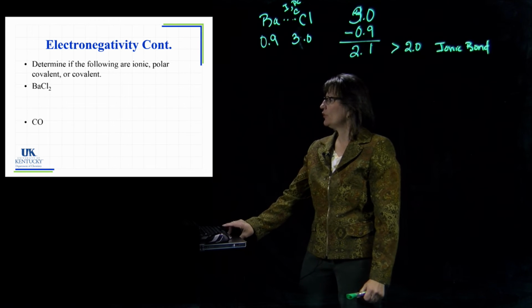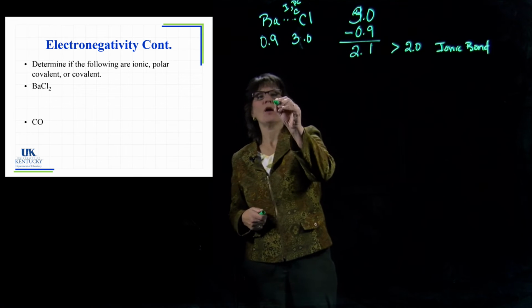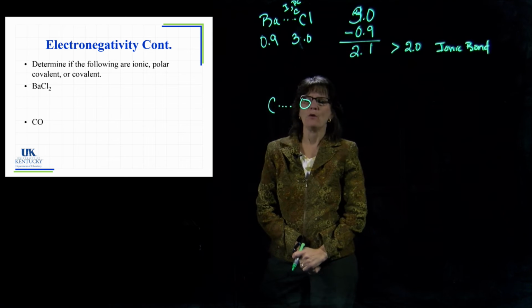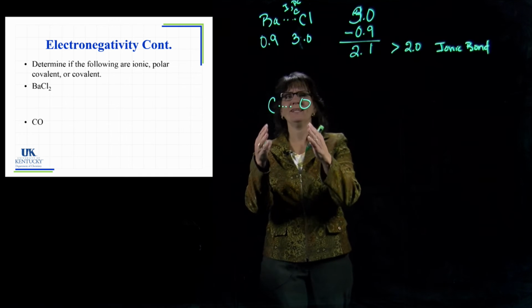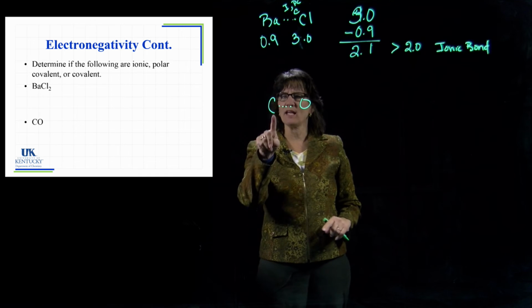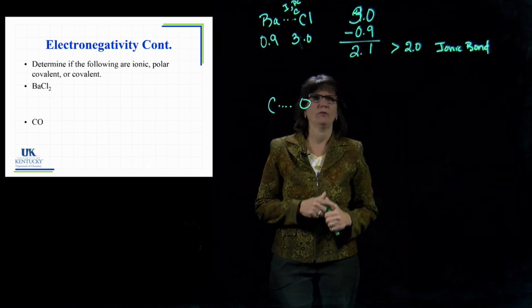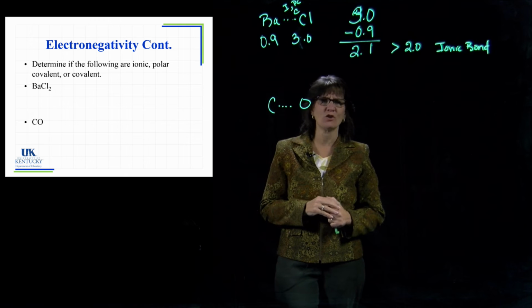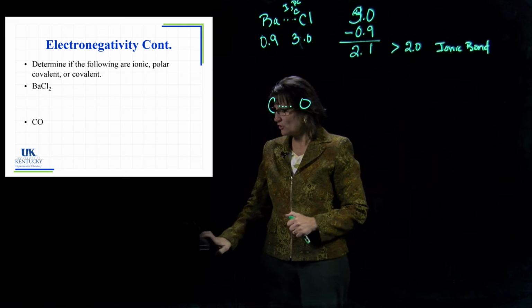The next one we want to do is carbon monoxide. All right, so when we did carbon monoxide, we were considering the connection between those two. I mean, if we didn't consider values, we'd say non-metal, non-metal, that's covalent. Was it polar covalent or regular covalent? We didn't have that language before, but we would have considered it covalent because it's a non-metal to a non-metal. But let's go back to our